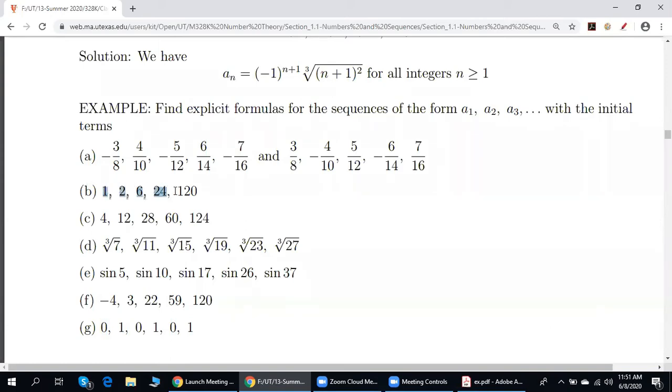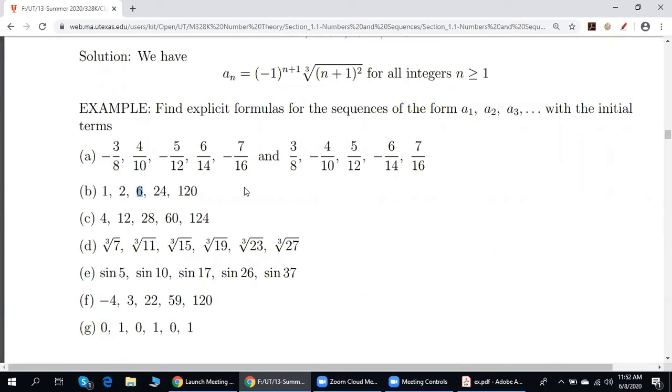Guys, any questions about B? Couldn't you also say it was like n times a n minus 1, like n times the previous term? Very good point. Observe that 2 is 1 times 2, 6 is 2 times 3, 24 is 6 times 4,